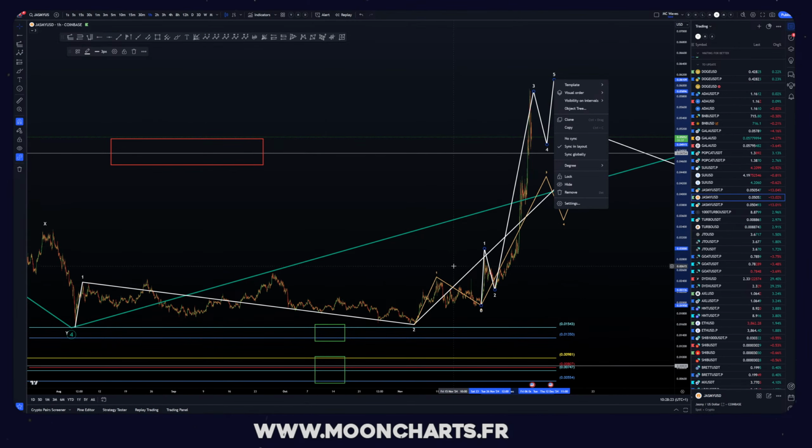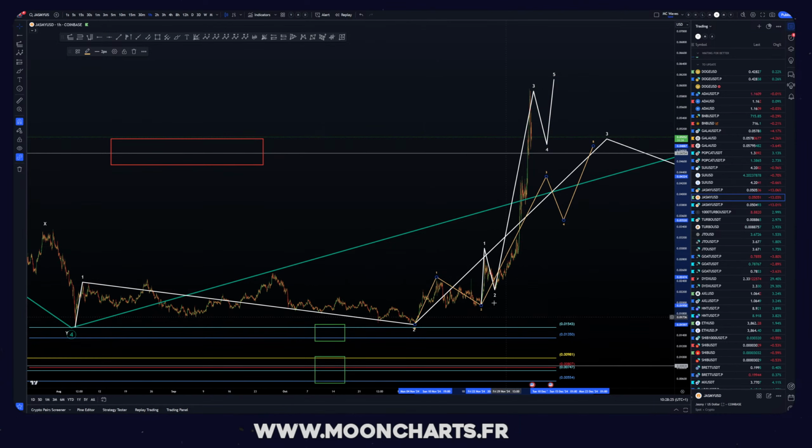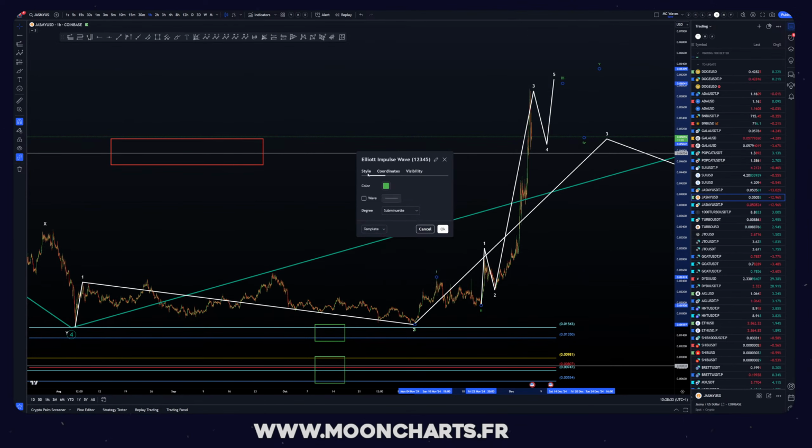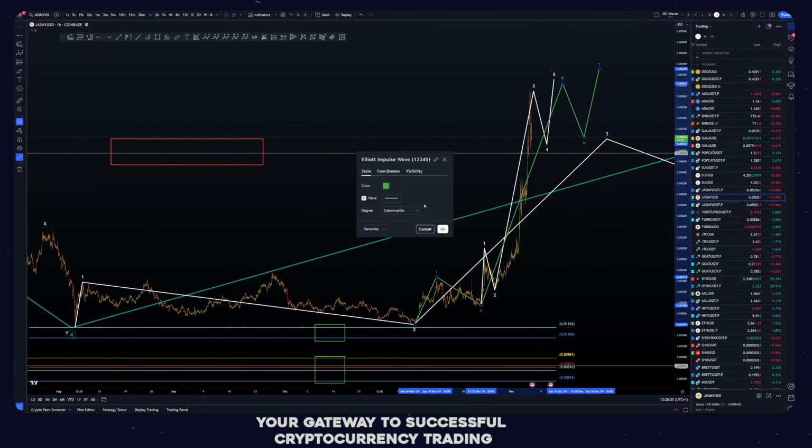Let's change the color of that. We can move this to green. And we can add the wave, and leave it like that.